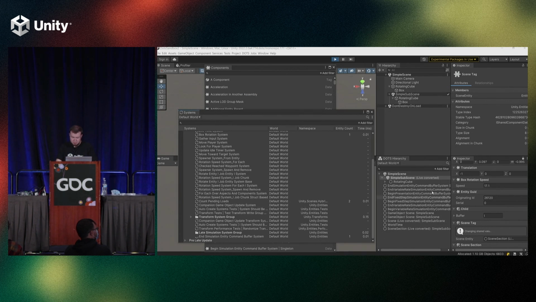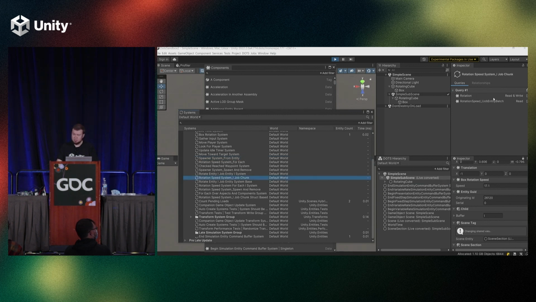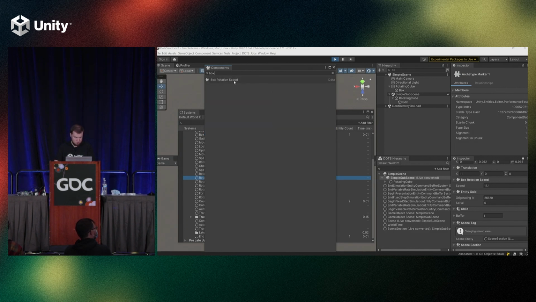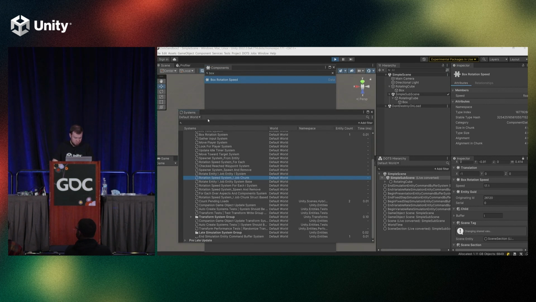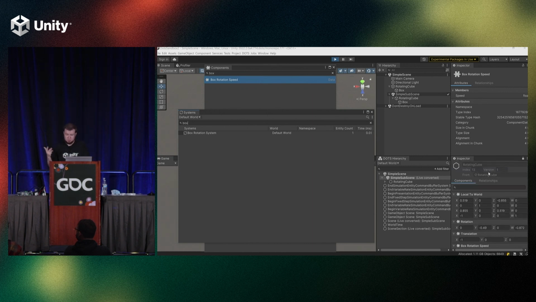Now, you've seen me select the entity here, and it has its own inspector. But what I can also do is select the system and see its details with its inspector. And I can also select components and see their details with their own inspector. So let's bring up our own box rotation component here. Same here, box system. And what you might have noticed across these three different types of inspectors is that they all have this relationships